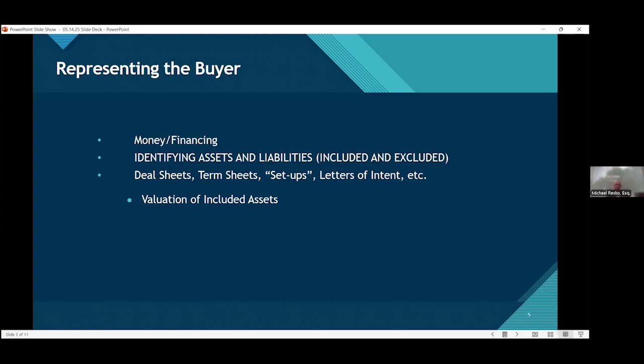And certainly, I think that you need to discuss and recommend to your client, the seller, that they do require some security, some collateral,